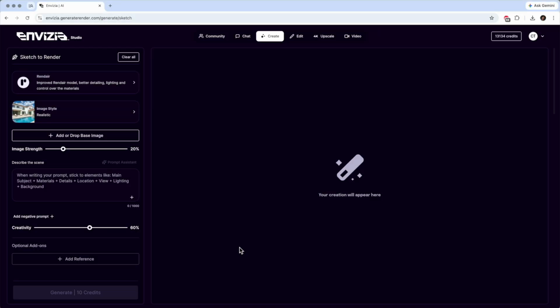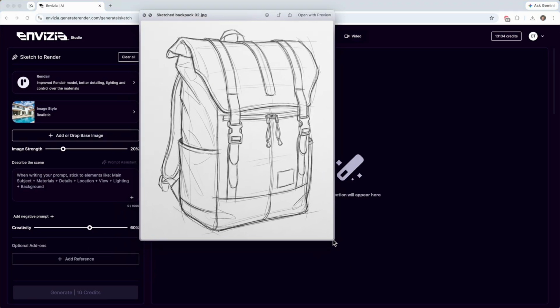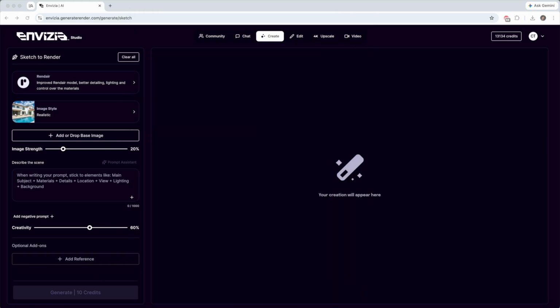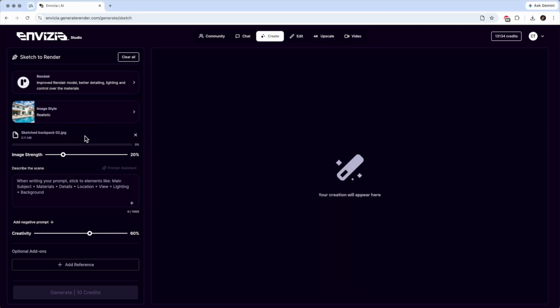So let's say that you're a product designer or an industrial designer and you've sketched ideas out and you want to rapidly prototype them. For instance, let's say that we have this backpack here that we're designing and we've sketched it out. We have the idea, and now we want to rapidly visualize what that can look like. So we take that and drop that here into the sketch to render area,